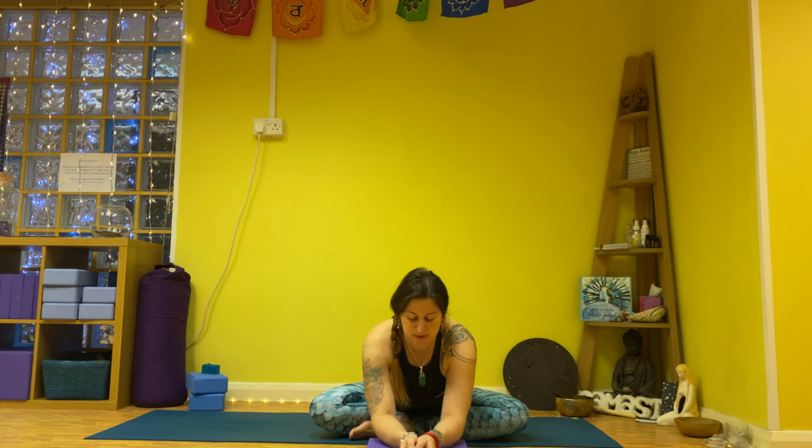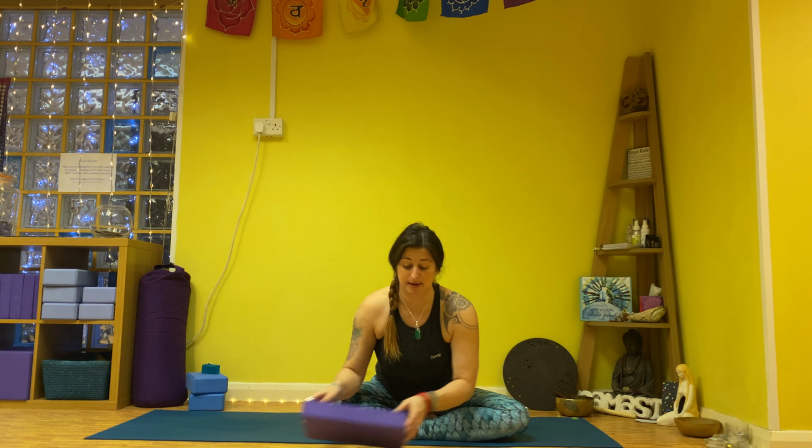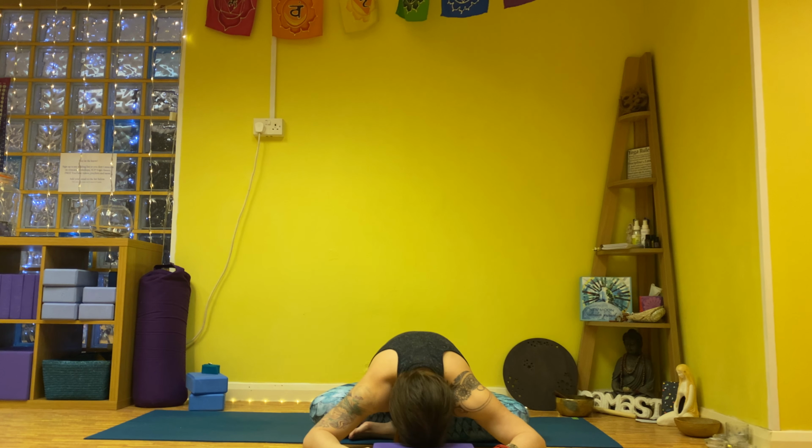Start to bend the elbows and fold forward, and you can move the block. You might have the forearms on the block or onto the mat. Maybe you're using the block here for that extra support. Maybe you're folding down towards the mat or onto the block. So find what feels comfortable for you, but try to aim a little bit more for your lower back than